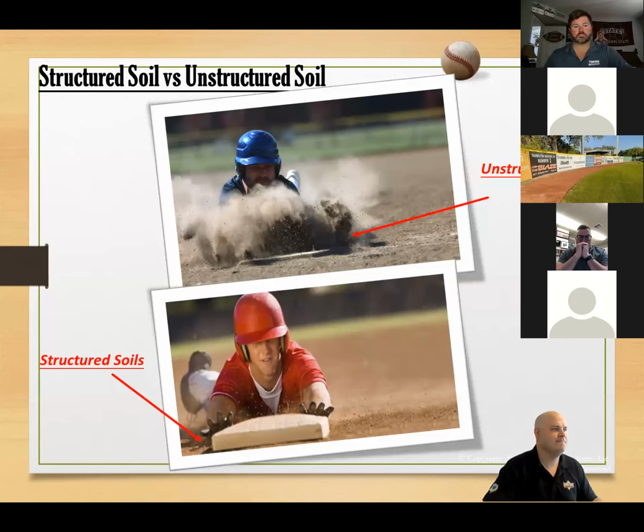Here's a great example of soil structure versus unstructured. As I was just saying, once the sand void space is filled, the clay and silt will rise to the top. Silt is usually really dusty. Clay is really dusty as well, but those particles are really fine. When a player goes to slide into a base, you can see all of this distribution of the base material sliding all over the place, leading to a low area that needs to be worked on.